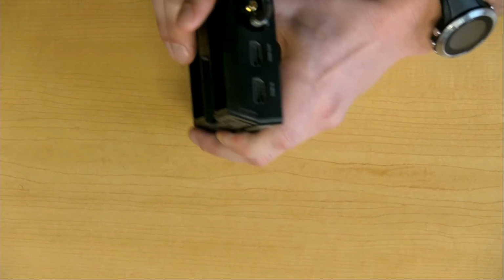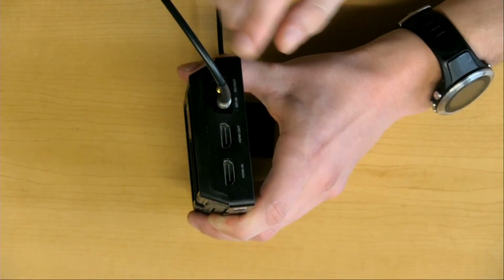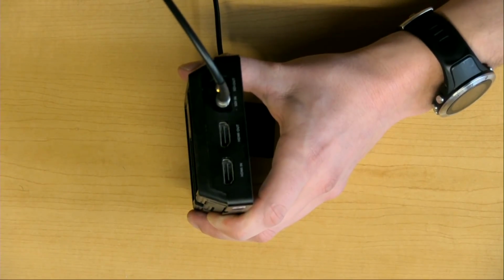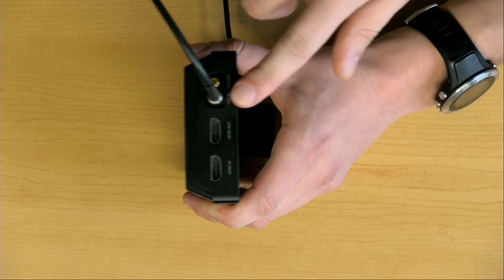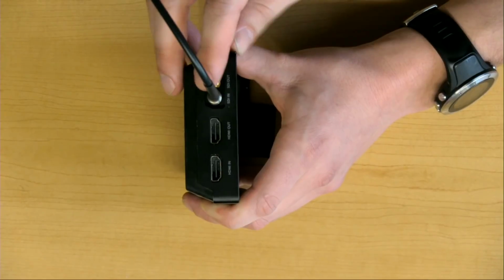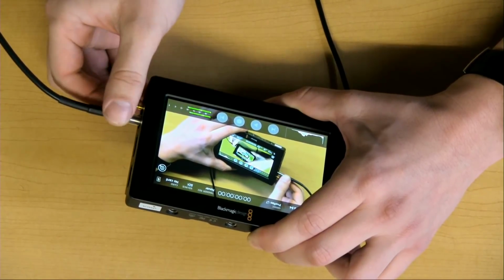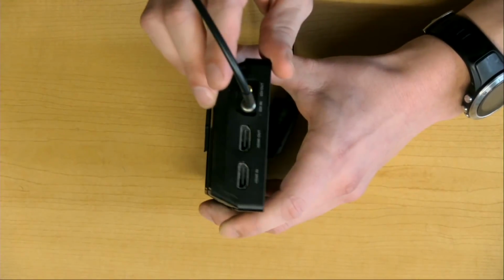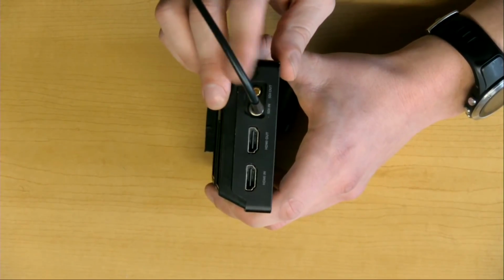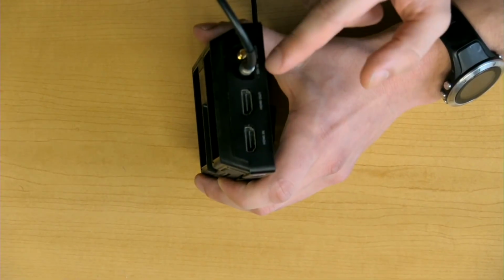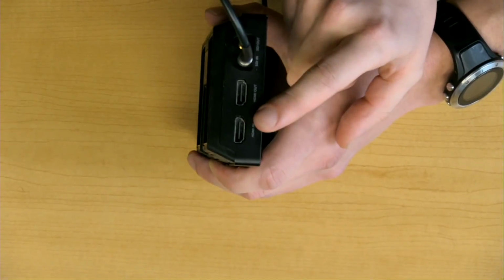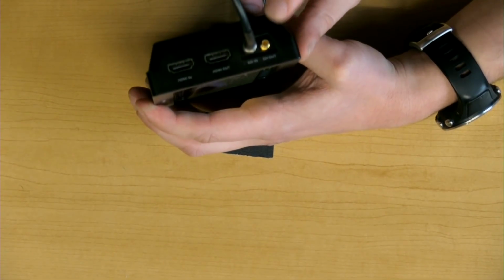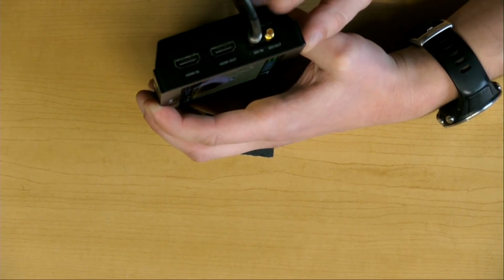And on this side, it has your inputs and outputs. It's got HDMI in and HDMI out, so you can go right in and go right back out to your Boxcaster or a monitor or any other device. Then you've got SDI in and SDI out. These are what are called mini SDI connectors. There's a more technical term, but we just call them mini SDI connectors, kind of like how mini HDMI works. The nice thing is this will also convert, which a lot of people don't realize: you can go HDMI in and SDI out. So you may not even have to buy a separate converter to go along with this device.